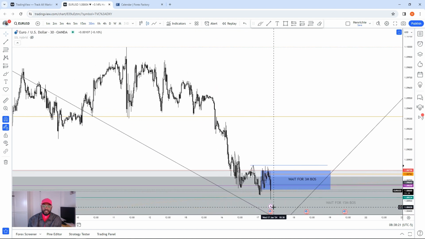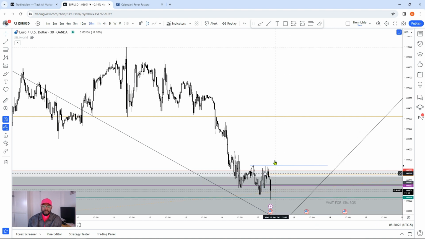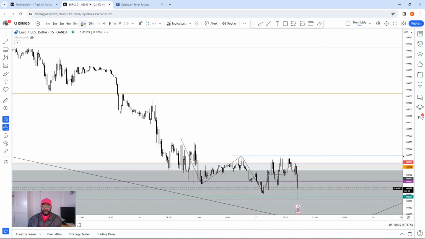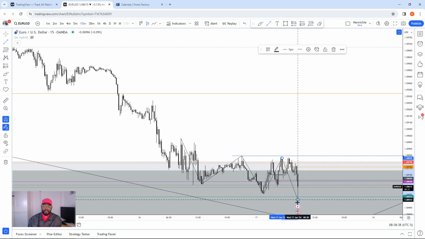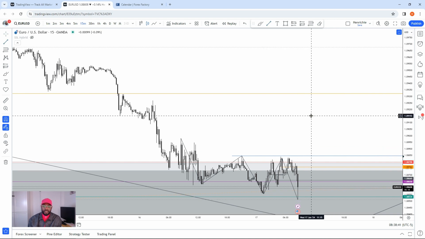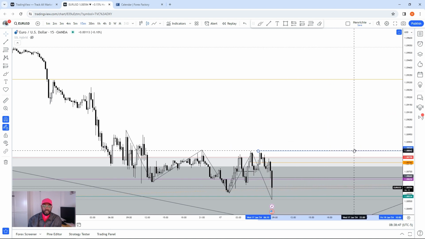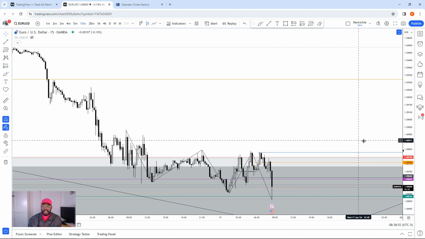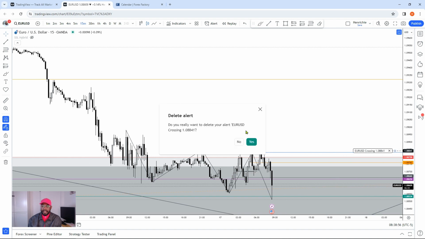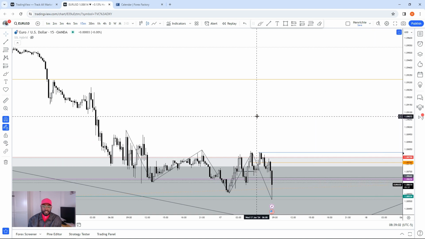As you can see, we've tapped into that key level right now. So all we're looking at is whether price is going to show us a break of structure right here, creating another high and then another low. We've not broken any structure to the upside, so we don't have any trade to get into. All we're going to do is be on the sidelines and watch this very closely. If we do eventually see that shift in market structure to the upside, then we will be looking for entries. Once we've entered, we'll also look for re-entry positions